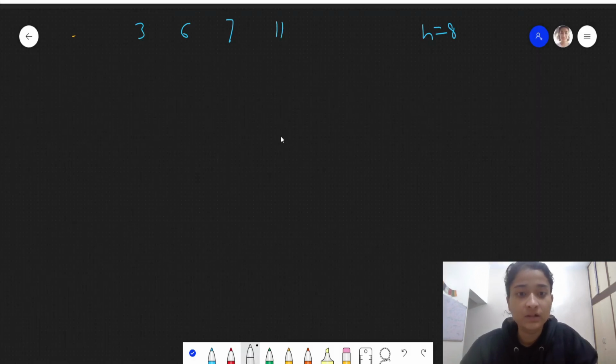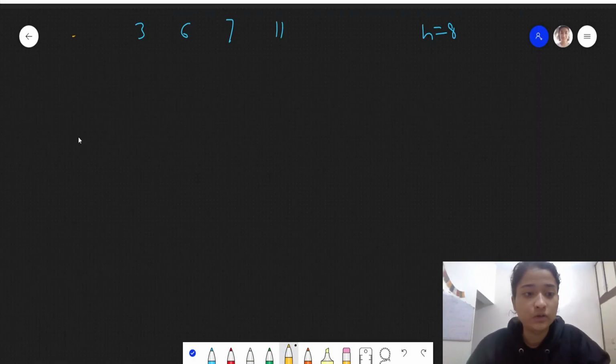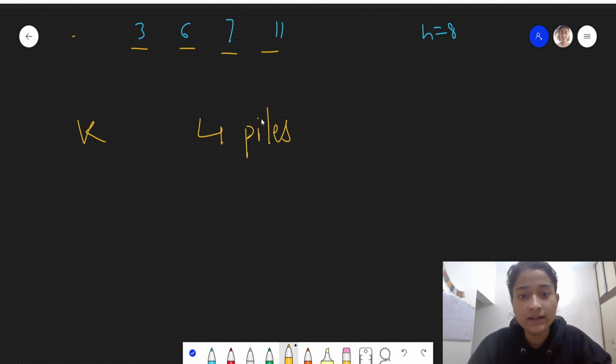See, we are given a few things, right? Coco has to eat all the bananas. These are different piles. There are four piles, right? And each pile, let's say this first pile has 3 bananas. So all are bananas and there are these 4 piles. Coco has to eat all these bananas in H hours.